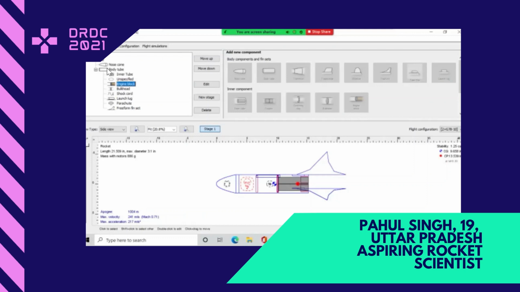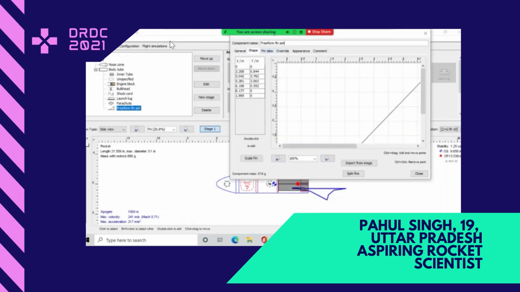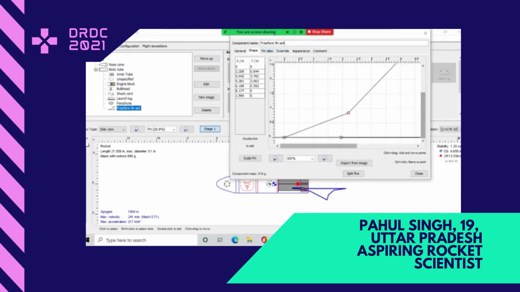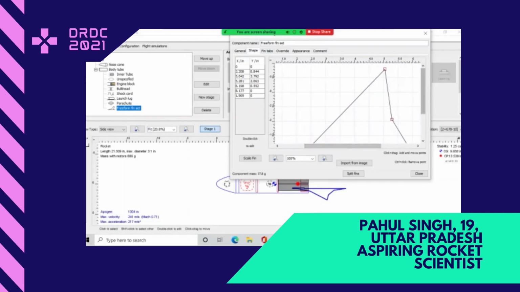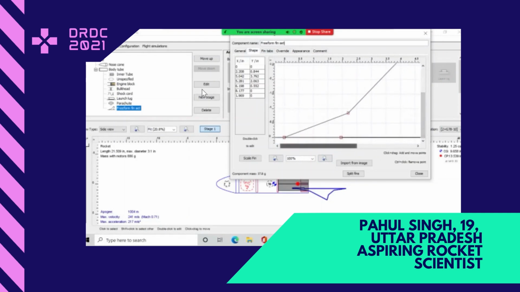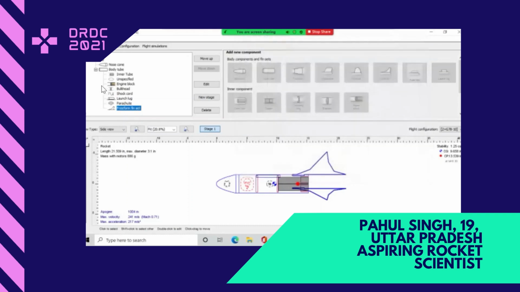Now let's talk about the wing set. That is one of the main things present here. The wing set is what gives the rocket its stability in flight. If I talk about the freeform fin set here, as you can see the shape, this is a free shape that I have designed by making different points and experimenting with different areas within it, to see where the stability and the velocity can both be achieved properly. So these are the designs present in front of you.